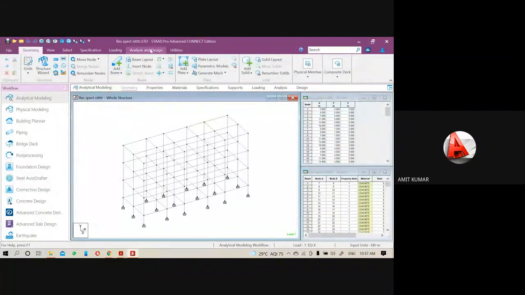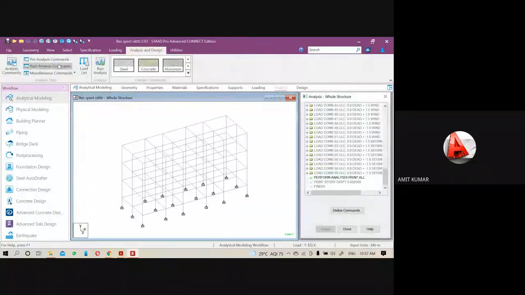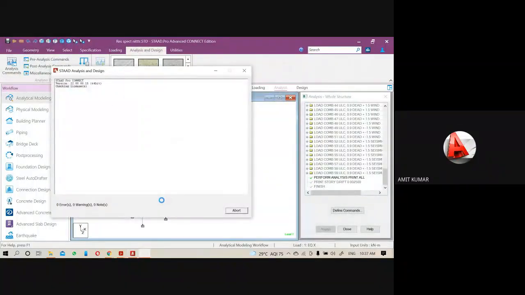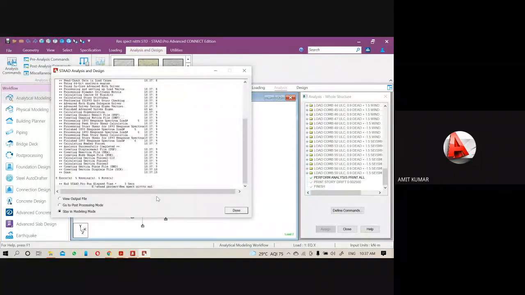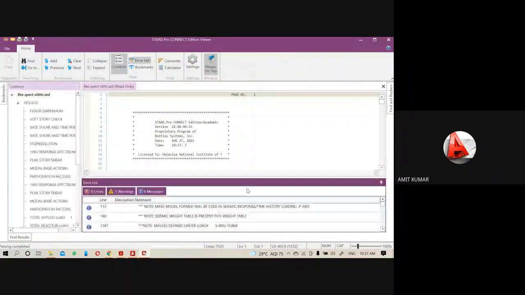Now run the analysis one more time, and this time we didn't get any error, but we are getting 5 warnings. So let's see which type of warnings these are. Basically these will be suggestions. The first is that if this is UBC or IBC, then you have to give the tension compression.